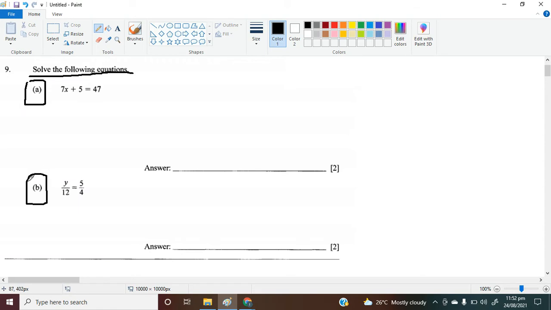For this video, the only equation that we will be solving is the equation from 9a. So let's begin with this equation. It is indeed an equation, and the equation states the following. So we have here